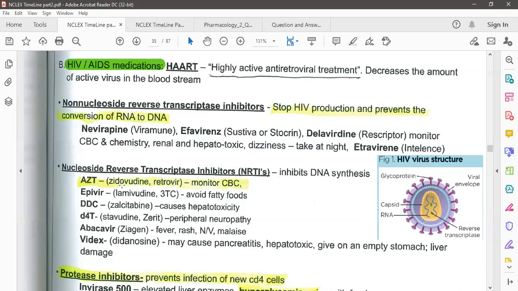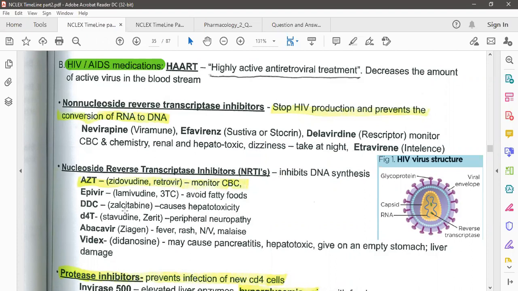So zidovudine, if you prescribe, we could monitor the complete blood count, CBC, to check the neutrophil or other cell. If you prescribe the lamivudine, we need better to tell your patient to avoid the fatty food. If your patient takes the DDC or